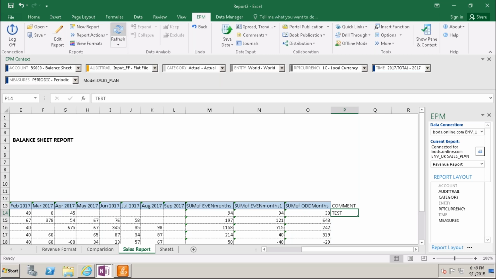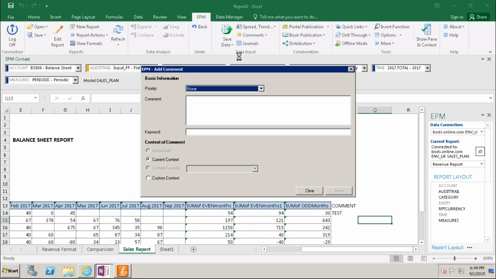No, not like this. Comments will work out as basic information. Current context, custom context, add TPM, add comment.